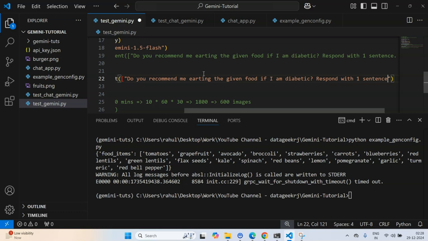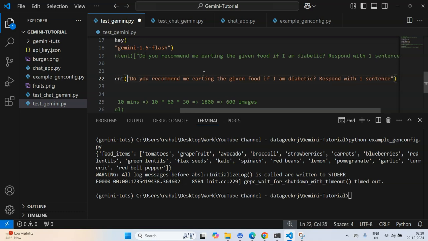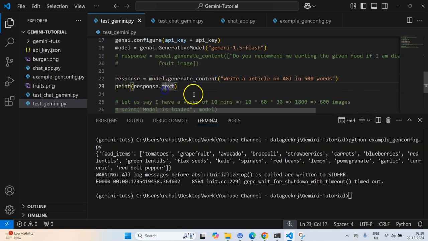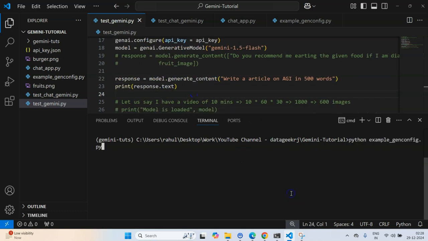Basically I want to have a long text, so write an article on maybe AGI in 500 words. Now if I try to run it, one second, python test Gemini.